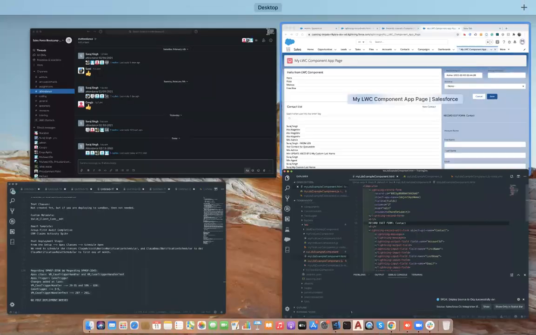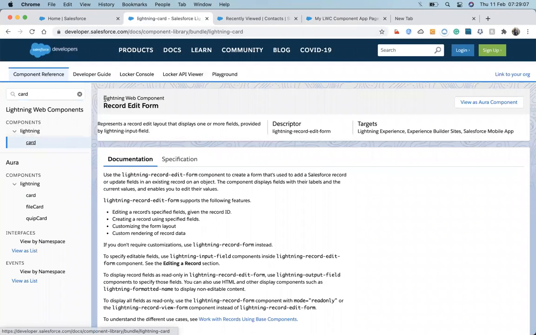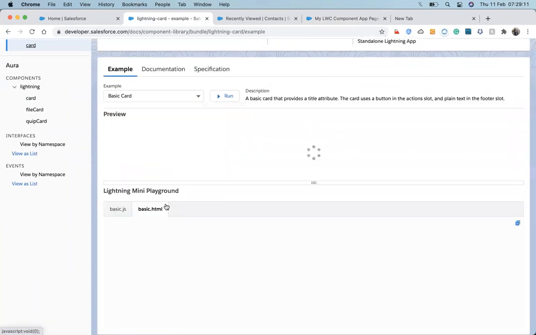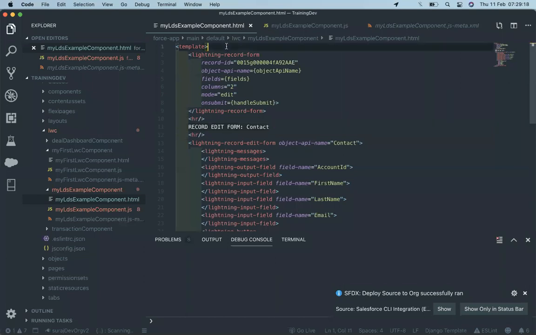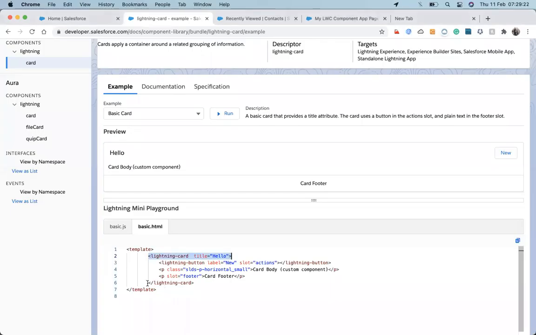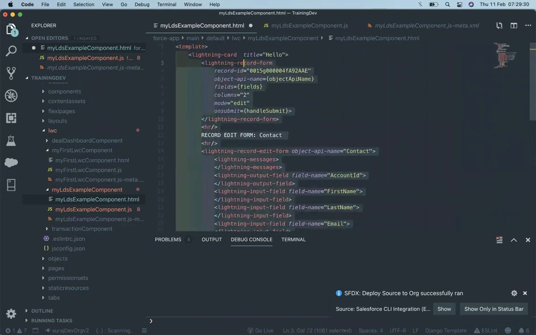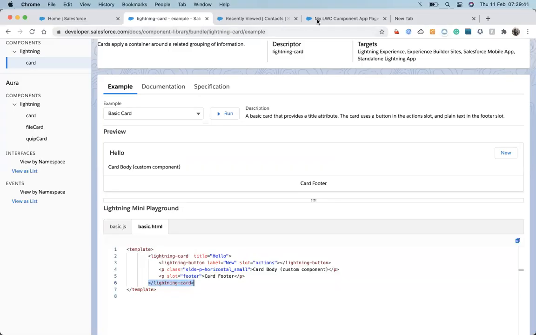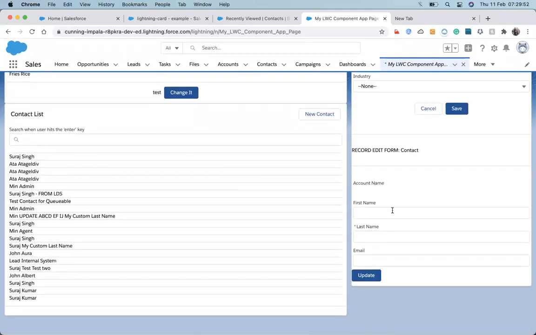For making it white, you know that we just need to use the lightning card. Okay, now it's showing.